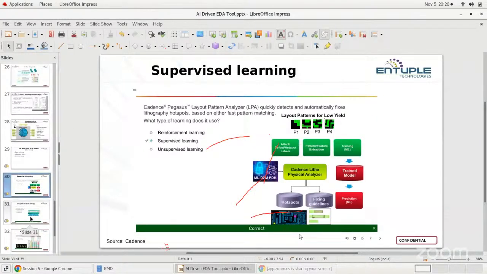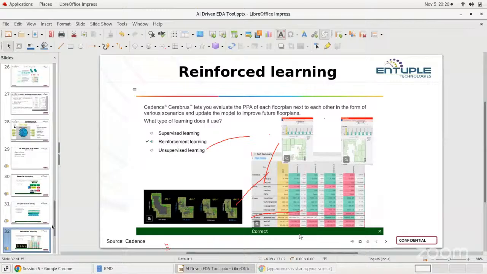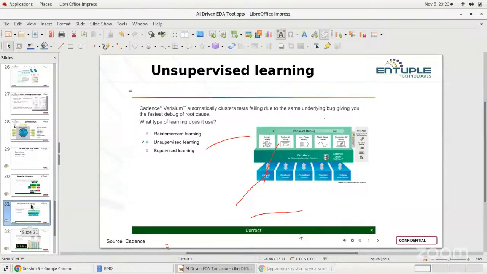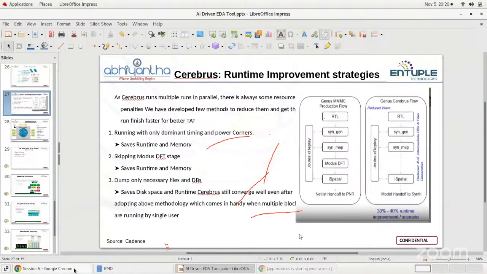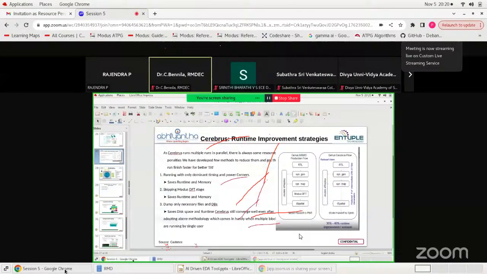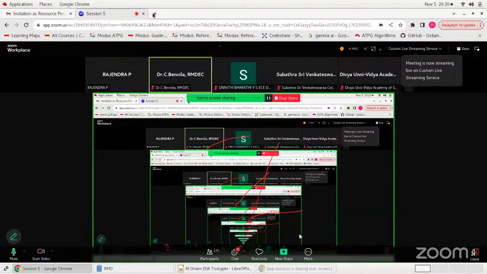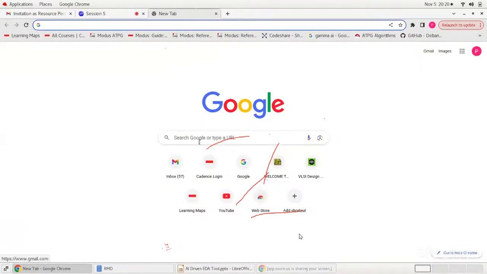So Pegasus, Verisium, and Cerebrus, these three are very important things in the AI process. Okay, so this is some introduction about these EDA tools. Let me take this to our actual flow, where we have